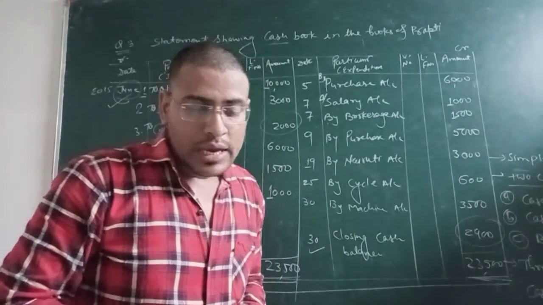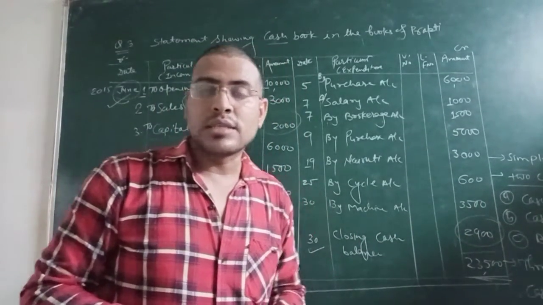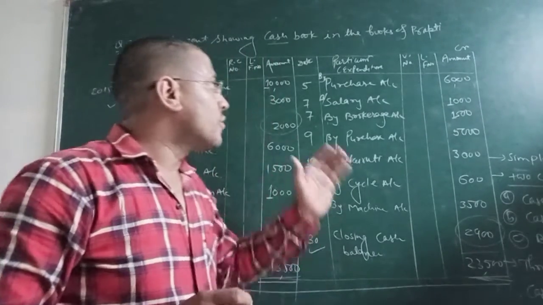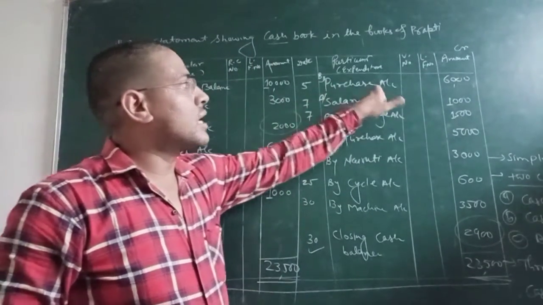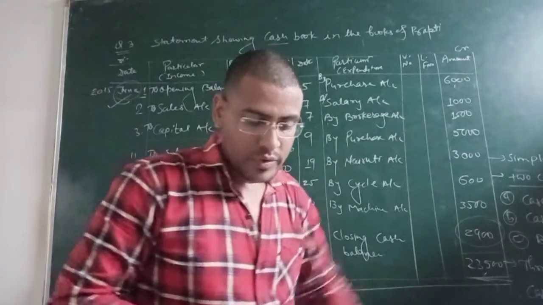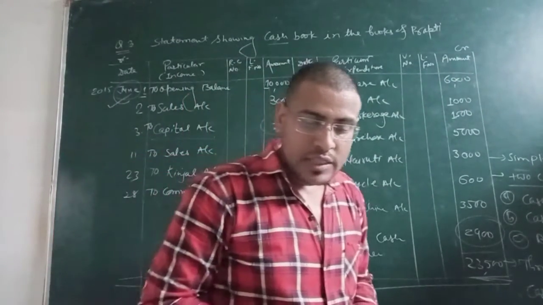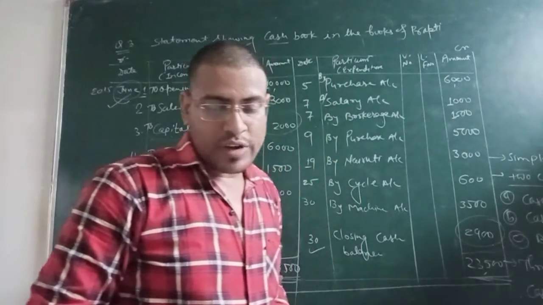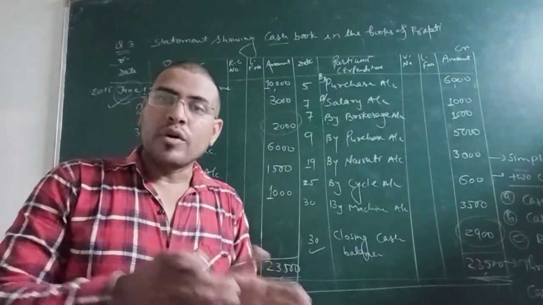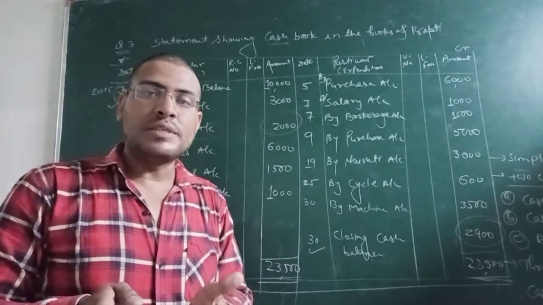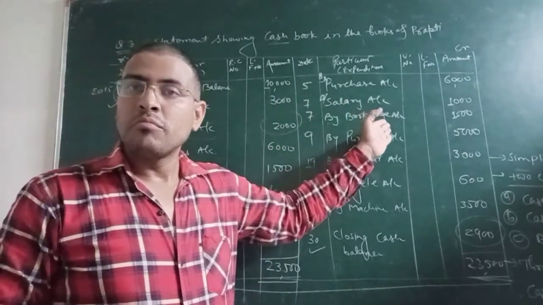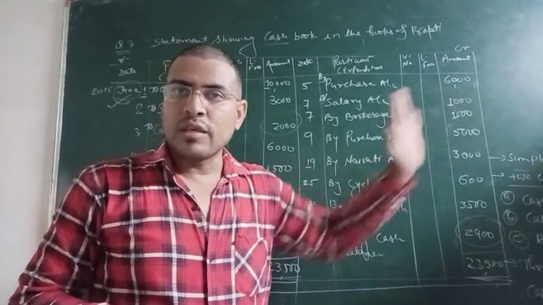Later on, cash purchase is given to you, that is 6,000 rupees. Now purchase is an expenditure. Okay, so on the credit side, by purchase account, in the amount section 6,000 is to be recorded. Okay, fine. Next, salary of 1,000 and brokerage of 1,500 paid by cash. Now salary is also an expenditure and brokerage is also an expenditure. So both are expenses to be recorded at the credit side by the name of salary account and by the name of brokerage account. In the amount section, what is the amount you are taking?